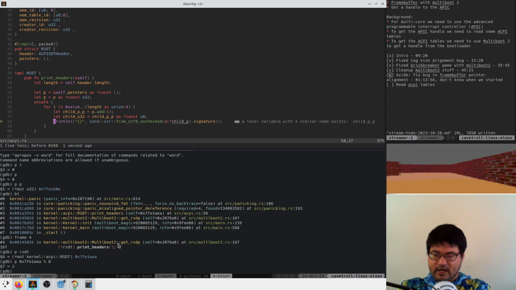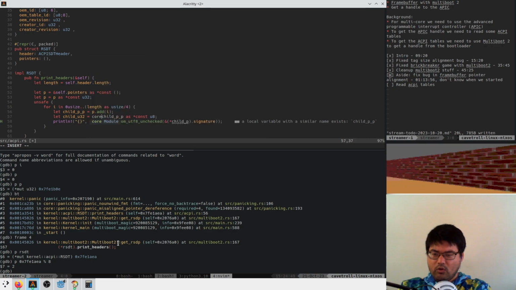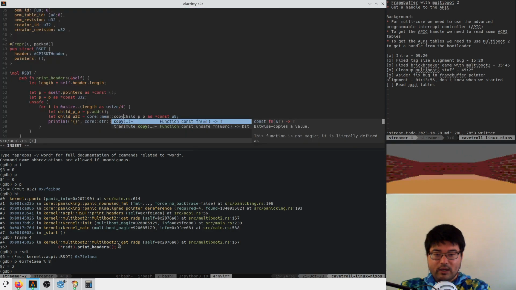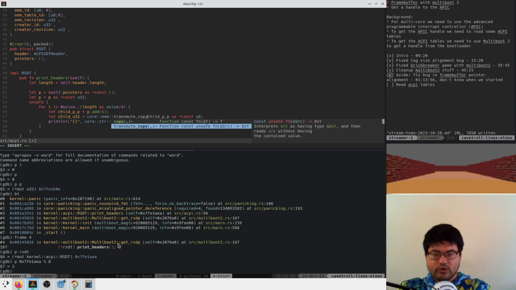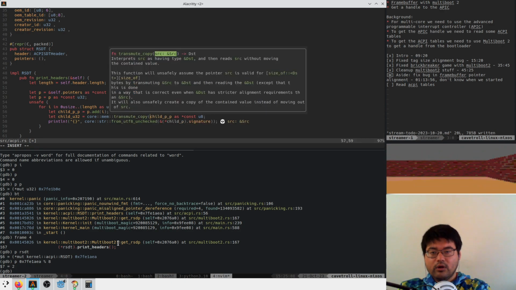I copy this out. So I say what? core mem copy. Transmute copy: interpret source as having the type desc, then read source without moving the contained value. Maybe this is what I want.